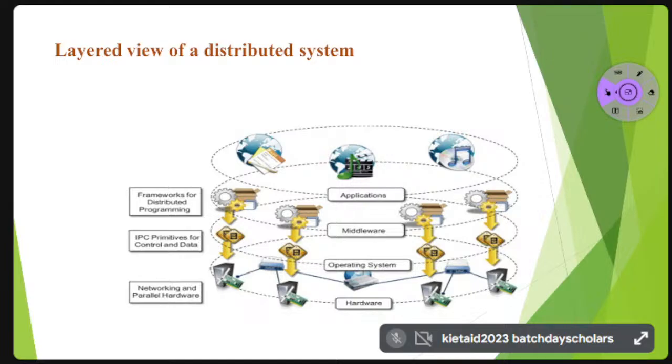See here, this is a layer view of a distributed system. As we know, a distributed system will have a separate processor and separate infrastructure for every system. This is hardware and operating system, middleware and the applications. Every application will be used by using this middleware, and the operating system can communicate with the hardware. For example, hardware components in your system,